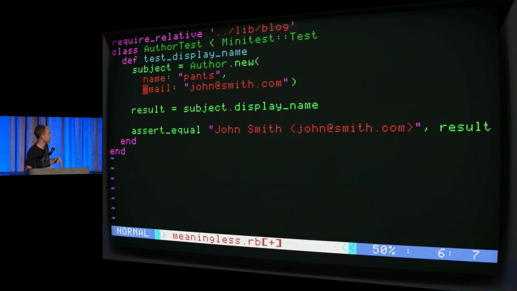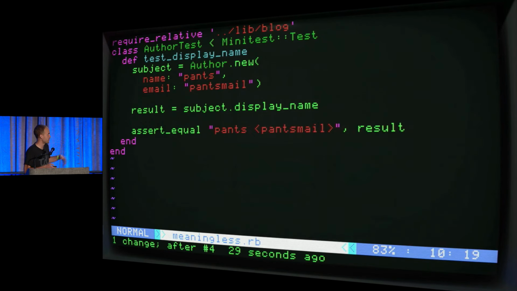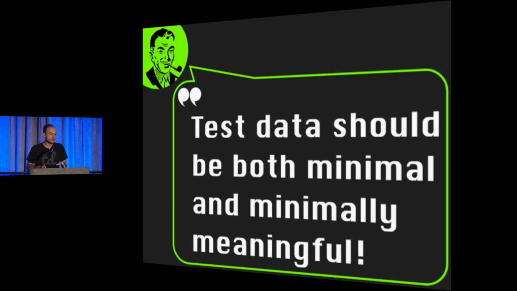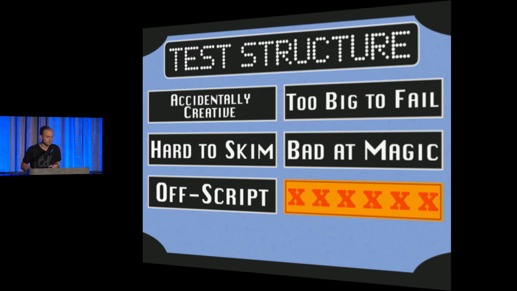But in this particular function, it didn't matter what the name or the email was, so I just changed them to something silly. And then I set up the assertion, and now the contract between the data and the behavior is much, much more clear. No one's going to read that assuming that he has to have a valid phone number now. So test data should both be minimal, but also minimally meaningful. That way you're not going to send your reader down a rabbit hole that doesn't ultimately matter.